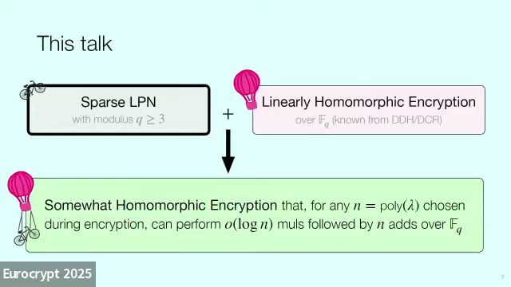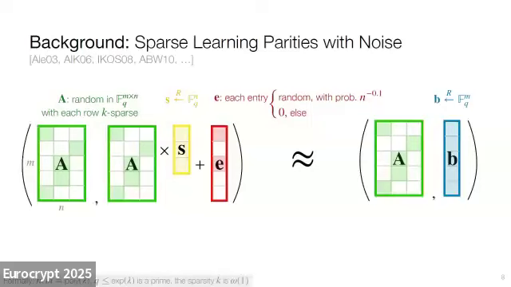Okay, and so let's begin by talking about this sparse LPN assumption. So this assumption was introduced by Alekhnovich in 2003, and it's based on the following problem. So say I sample a random matrix A of dimensions n by n, which is sparse. So every row in A is going to have exactly k non-zero entries for some parameter k that you should just think of as super constant. And then I'm also going to sample a secret vector S, which is truly random and of dimension n. And what I'm going to do is I'm going to publish A, and I'm going to publish A times S